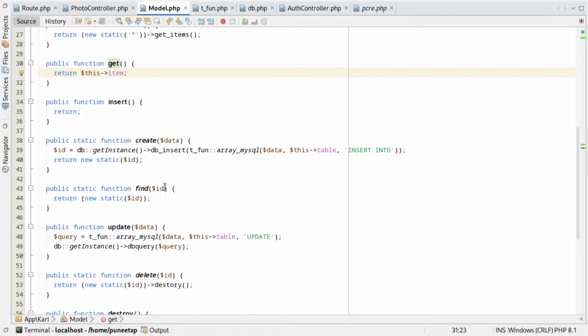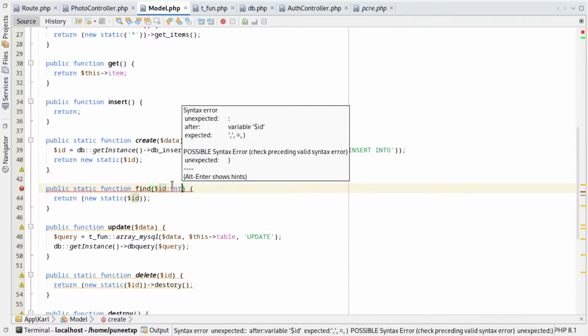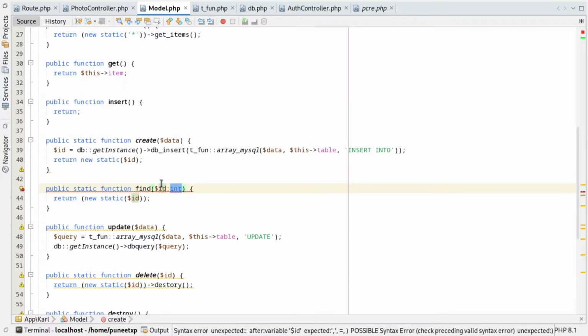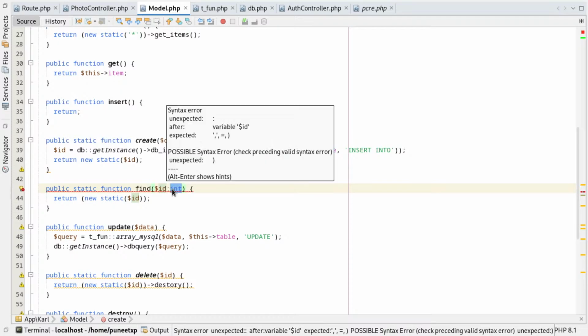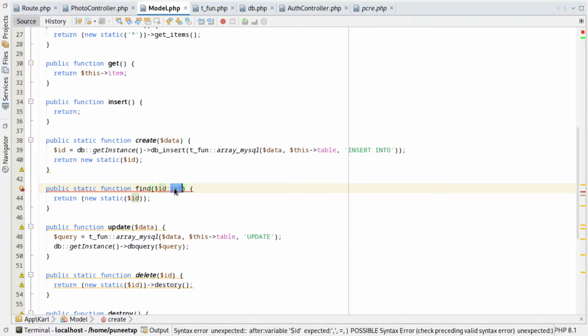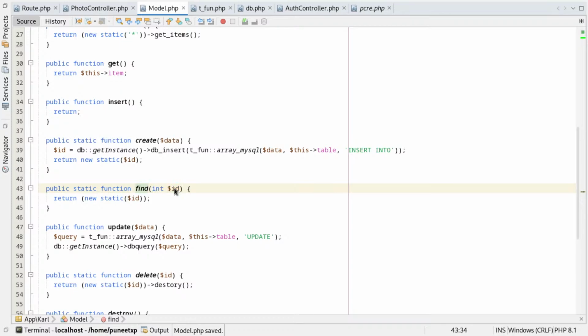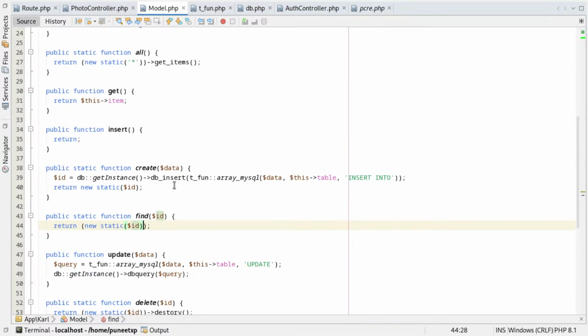Find has an ID, which is an integer. How to make it possible? Static type integer, maybe something like int. Okay, this will work probably. Oh no, it can't. This can be something else also. No, it can work. So first of all, this is ID, and if you're going to get with ID,